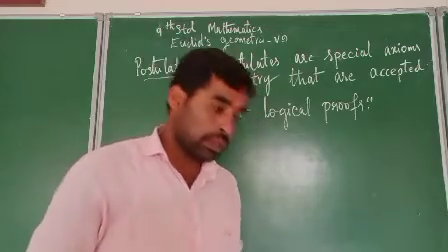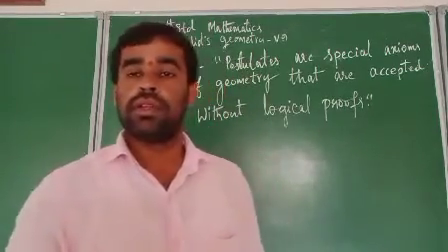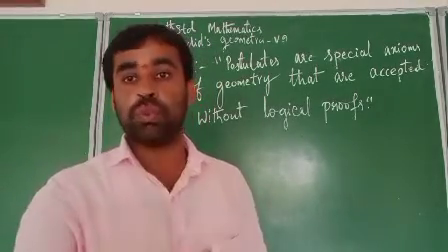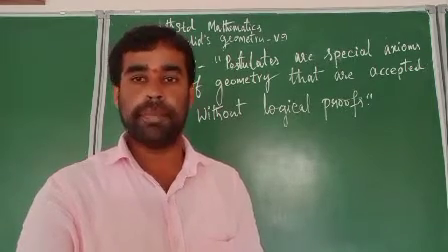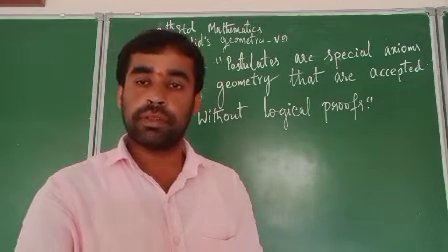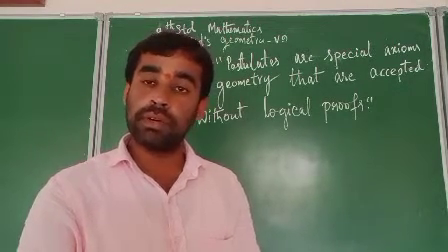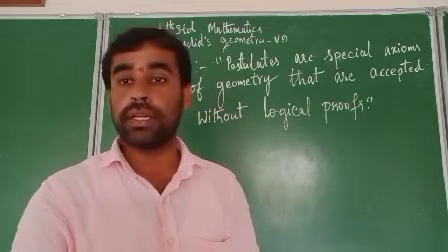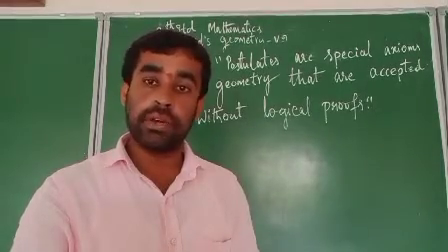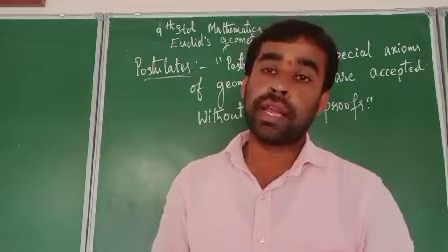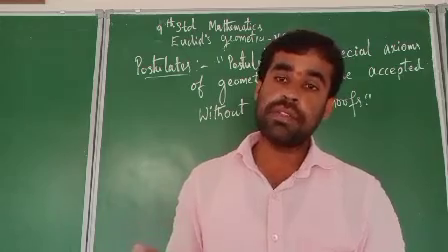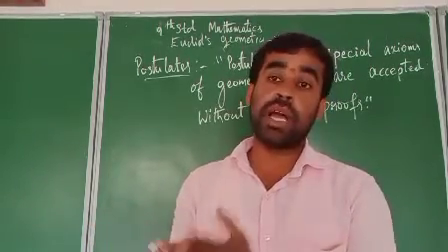As we come to geometry, we take that the sum of three angles of a triangle is equal to 180 degrees. Then we have the proof. Logical proof is there. That you have studied in 8th, 7th standard. Again we know that the sum of four angles of a quadrilateral is equal to 360 degrees. That is also discussed. And the Pythagoras theorem that you have studied: in a right angle triangle, the square of the hypotenuse is equal to the sum of the squares of the other two sides. All these geometrical concepts have logical proofs.